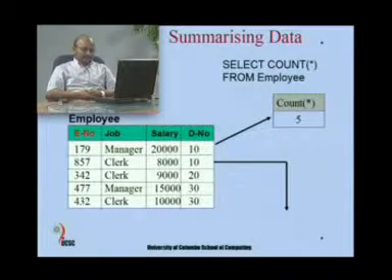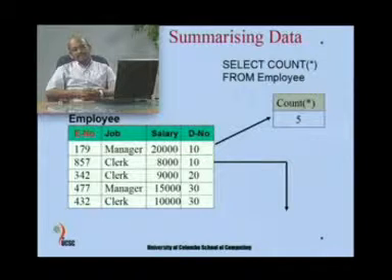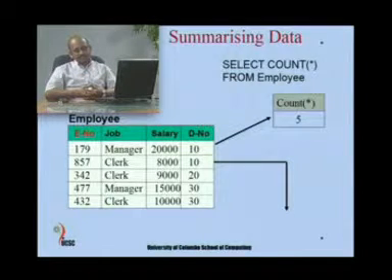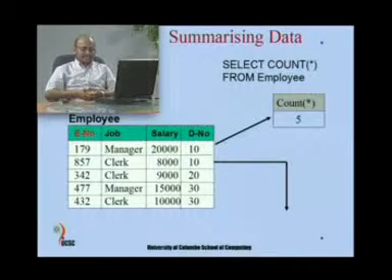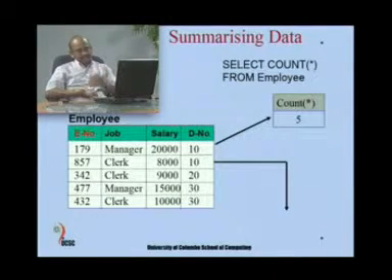So, with respect to some examples, we have taken an employee table, because we are dealing with averages, minimum, maximum, it is not the same table we had earlier. We have slightly modified the example table employee, and the idea is to illustrate how to use these aggregate functions, and where you specify them. Aggregate functions are used to get the output of summarized information. In this particular case, the employee table has 5 rows representing 5 employees.